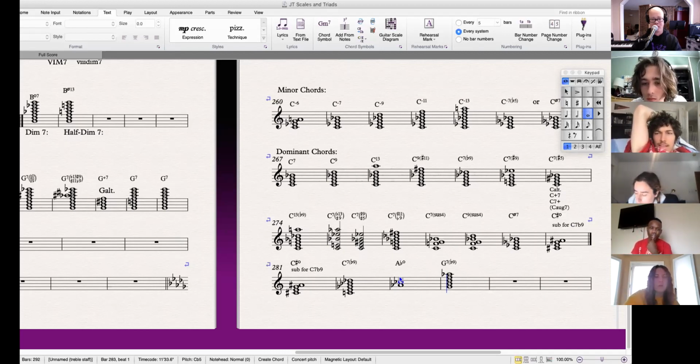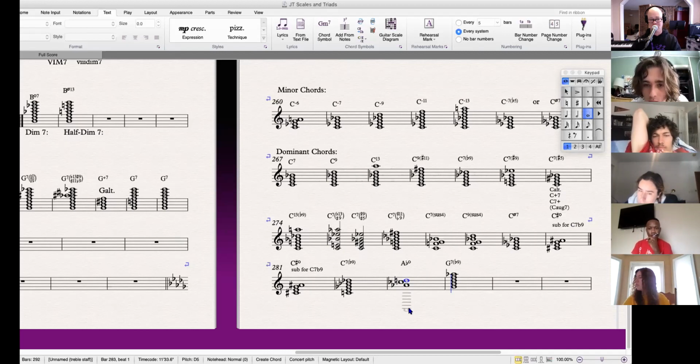Not E flat, because E flat would be the perfect fifth above A flat, right? So it would be E double flat, which we hate. We don't like double flats. So E double flat is enharmonic to D. So we would write it as a D. But it is technically E double flat. Everybody understand that? So it looks a little different over here. The pragmatism of jazz. Okay, and then the